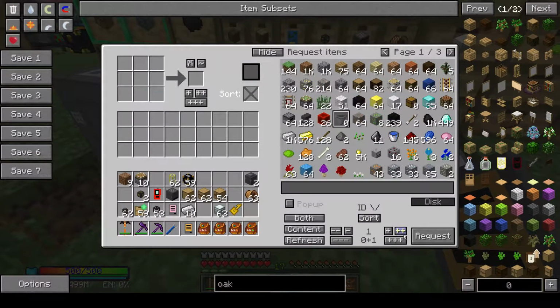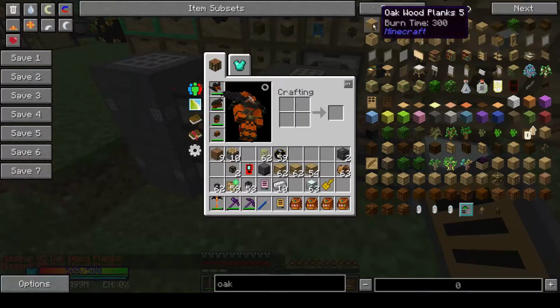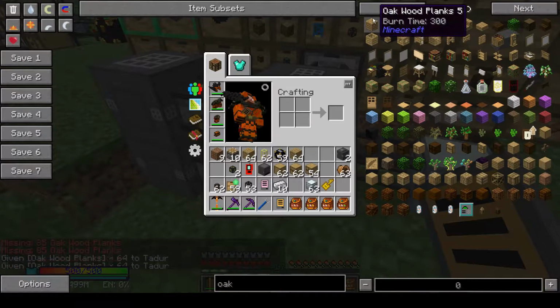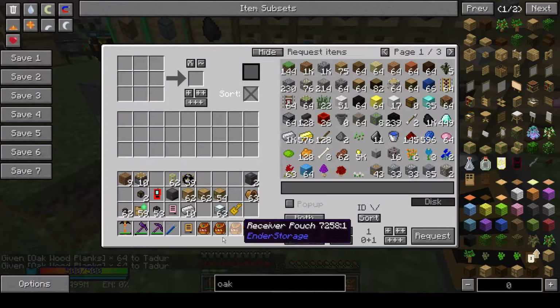And you can do this with large quantities. So let's say I request 20. I don't have enough oak wood planks to make enough chests to make 20 hoppers. So when I hit that, you'll see down here in the bottom left corner, it tells me what I'm missing for that. So if I went out and farmed up a bunch more oak wood and then shoved those into my system here, or through my ender pouch,